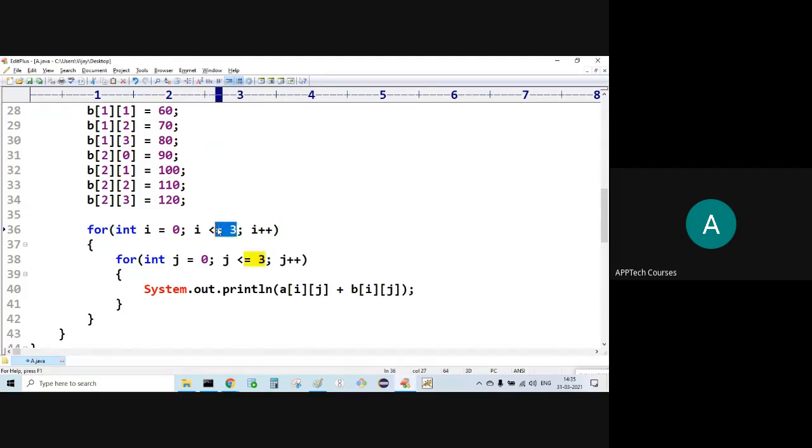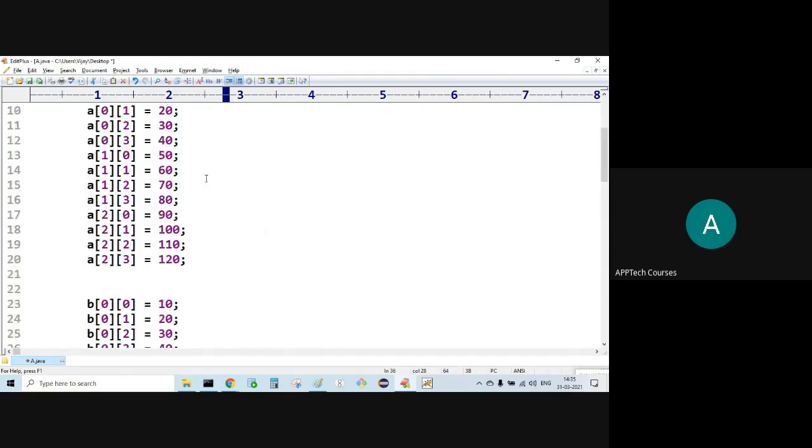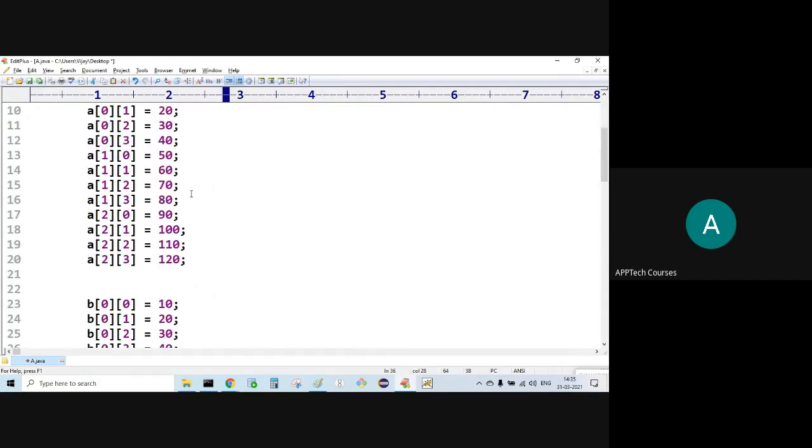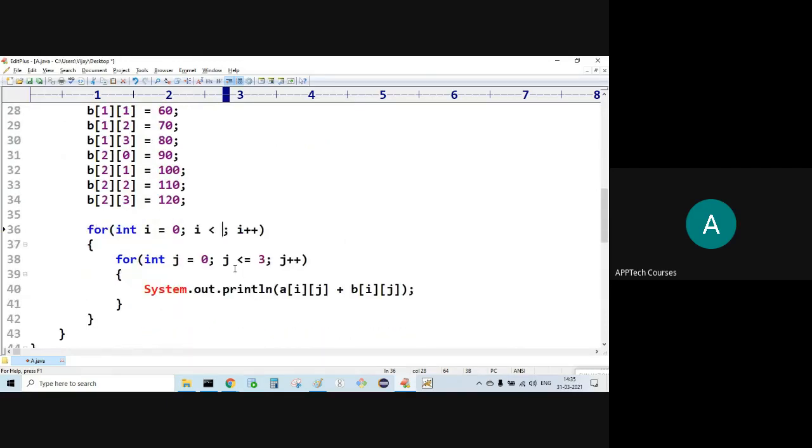See, I can simply go for what? A dot length. That is fine. We can simply go for that. No issues at all. For the first iteration, what should come? A of 0, 0, then B of 0, 0.